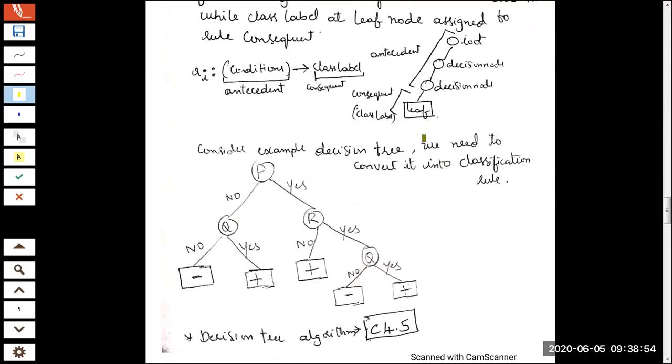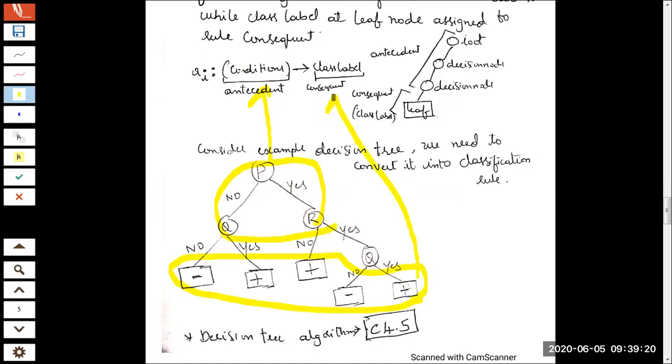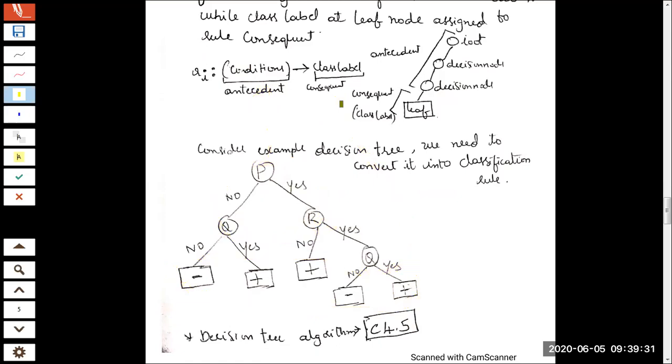For this requirement, for this problem, this is the decision tree that was constructed. So P, Q, R. P is the root node, Q and R are the intermediary nodes. As already discussed, this will become the antecedent. And the leaf nodes that you are seeing, these leaf nodes will become the consequent or class label. So this is step one, where we have constructed a decision tree using the training records. The training records are there in the textbook. You can go through it. I have not written the records here, but the decision tree you have obtained from the records, I have written here.